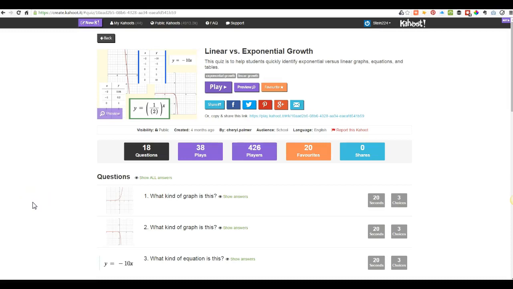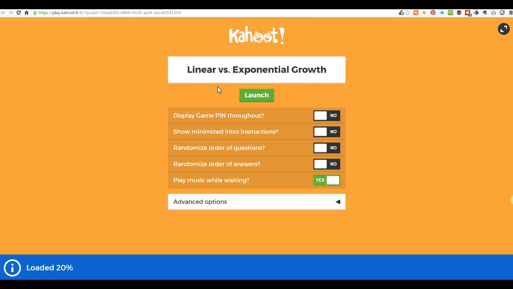So now you've found a great Kahoot that's going to work with your lesson plan. I chose one of the Kahoots that I suggested above, linear versus exponential growth, and I want to play this with my students. So I'm simply going to hit play, and when you hit play, you're going to get a number of options, and I just want to tell you through trial and error a couple of them that really